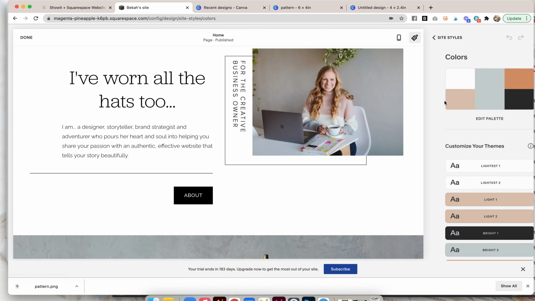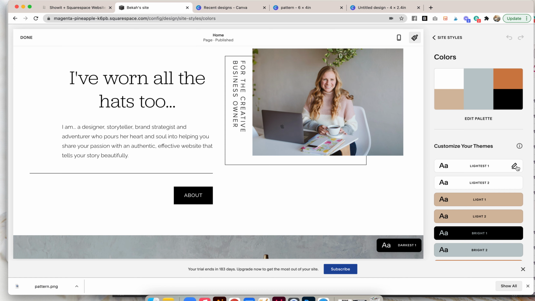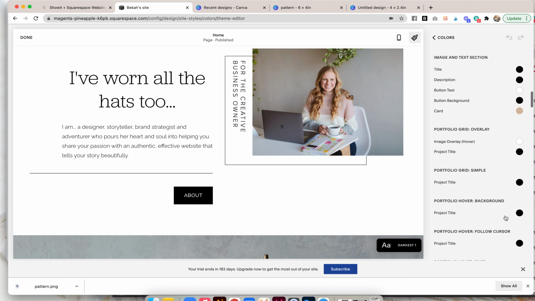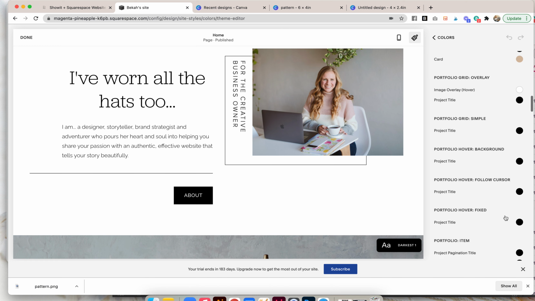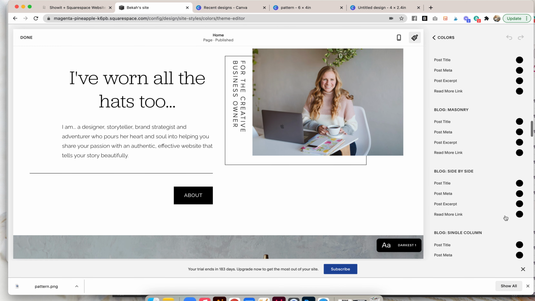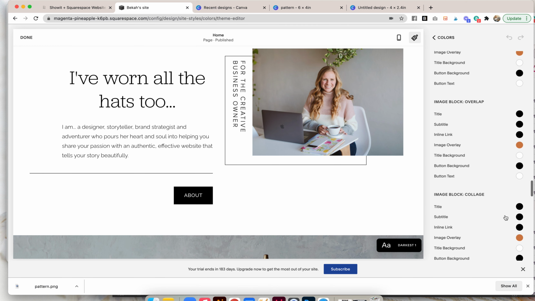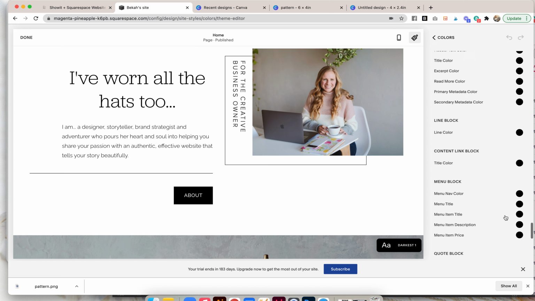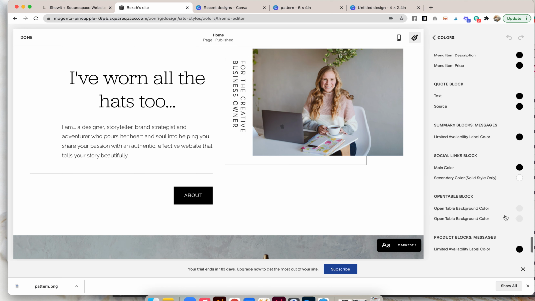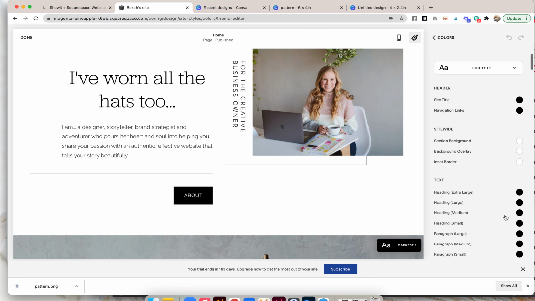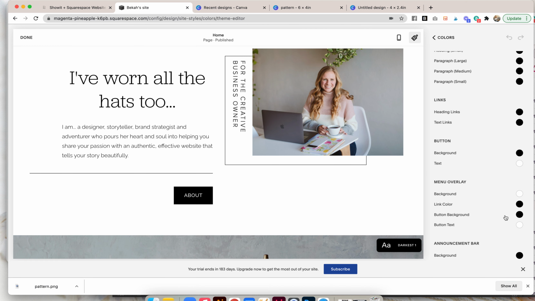I don't know what section this is. Shoot. But we'll just pretend it's the lightest. Where are you, button? Heavens to Betsy, there's so much stuff. Here we go. Completely missed it.